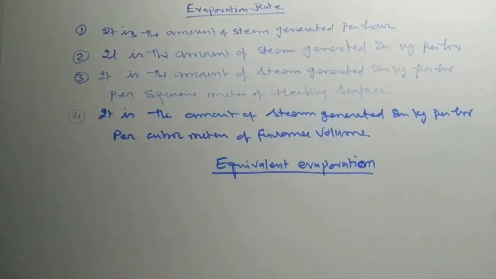Equivalent evaporation means the steam generated when the boiler is working at 1 bar and 100 degrees centigrade. At this condition, the heat required to convert 1 kg of water into steam, that is called latent heat of vaporization, has a value of 2257 kilojoule, for the boiler working at 1 bar and 100 degrees centigrade. Now we can write here